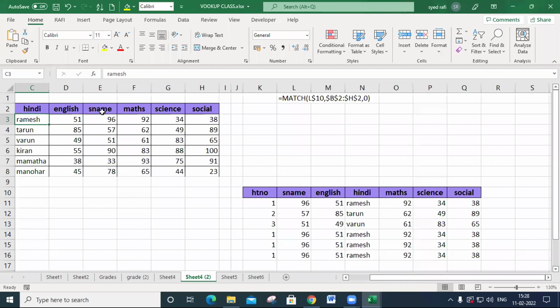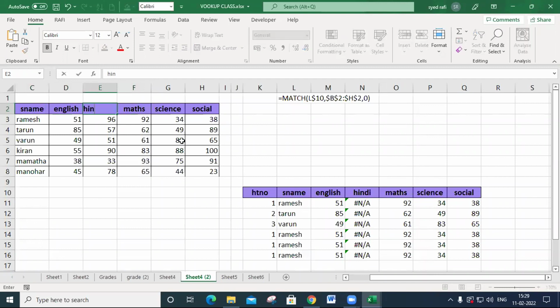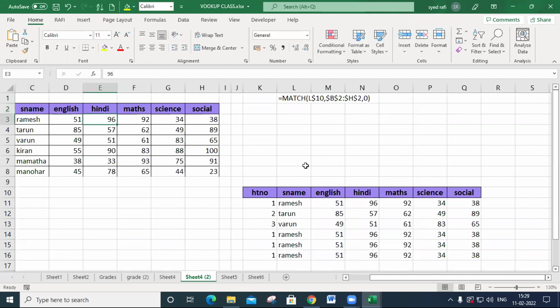So there is a student name, and there are the marks. There is a student name, and they get the marks. If there is Hindi, it contains the text. The same. So in this manner, if you change anything, it will automatically be changed here. That is the advantage.